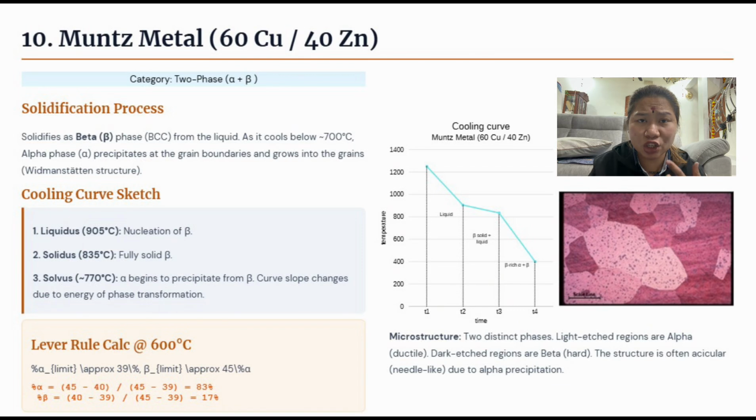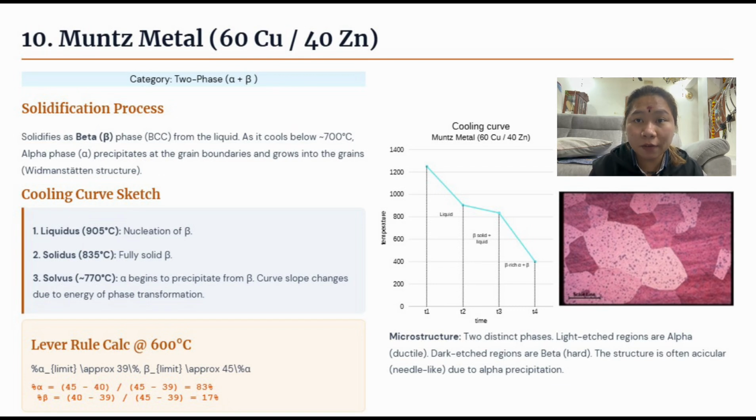The microstructure sketch reveals a needle-like structure, known as a Widmanstätten structure. The dark beta phase has a BCC structure, which increases strength but reduces ductility at room temperature. By applying the lever rule at 600 degrees Celsius, we calculated a phase distribution of 83% alpha and 17% beta. To improve this material, we utilized hot